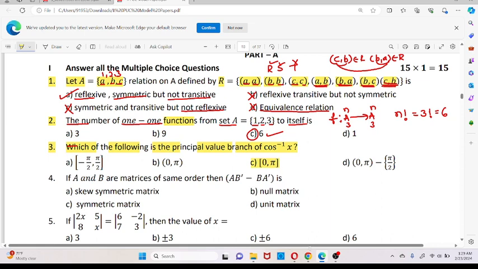Minus pi by 2 to plus pi by 2 closed interval is the principal branch value of sin inverse of x. 0 to pi is the principal branch of cot inverse of x. 0 to pi except pi by 2 is the principal branch value of sec inverse of x, and 0 to pi is the principal branch value of cos inverse of x. So out of the 6 trigonometric functions,